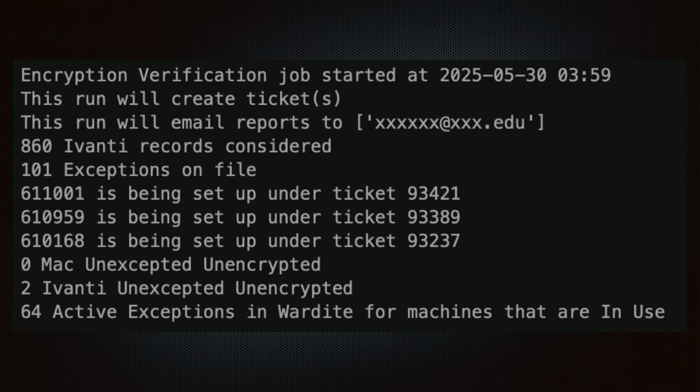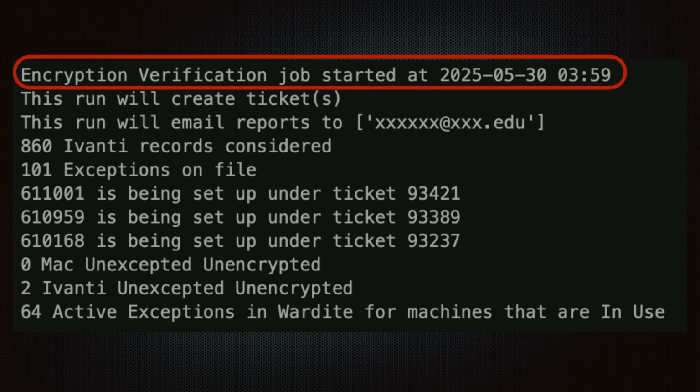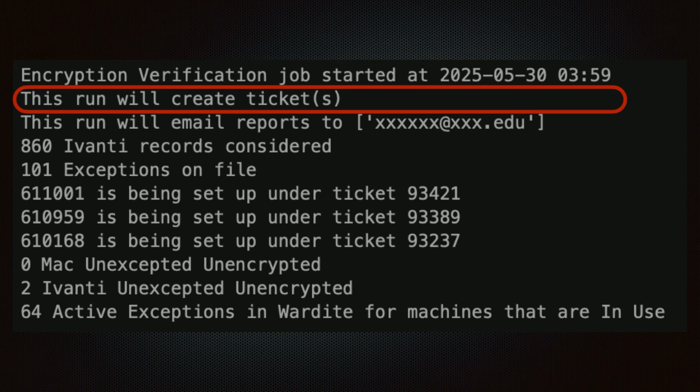So let's break this down. Having a title and a timestamp are good form. I highly recommend as you develop anything that will take action on your behalf that you build in options and start with the script explaining to you exactly what it's going to do and why before giving it the ability to take actions. In this case, the ability to actually create tickets came along much later in the process and remains optional because sometimes you just want to run the script and have it tell you what it would do when you're trying to figure out an edge case later on.